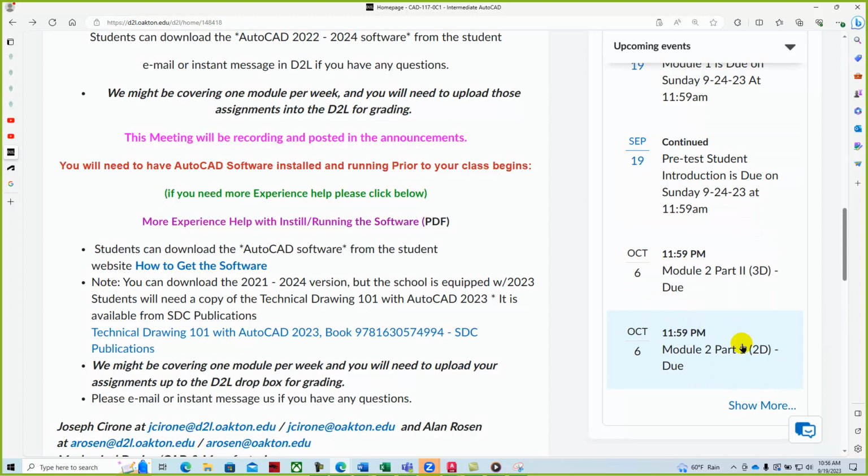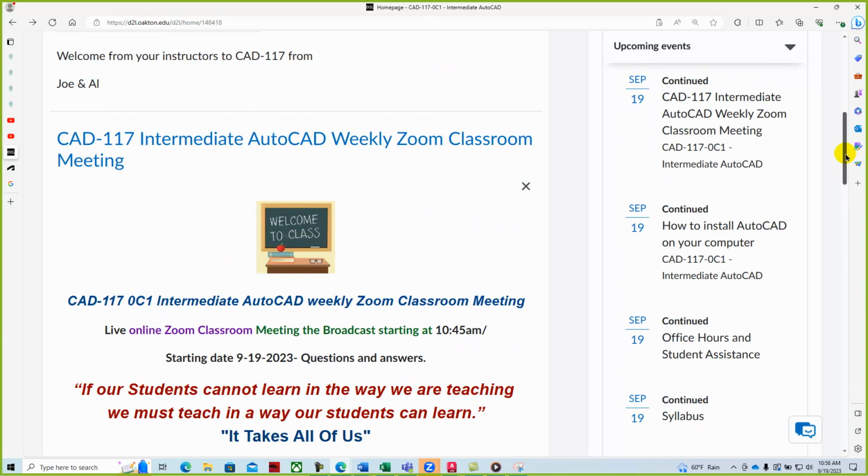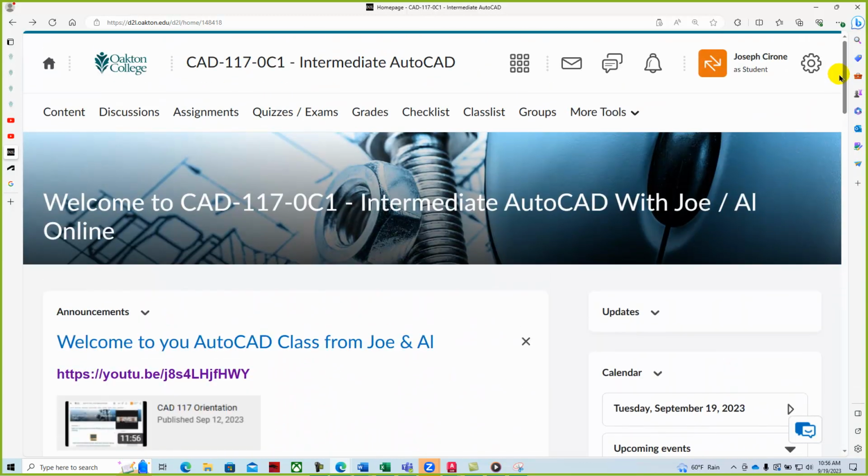And then the other announcements you'll see here as you look at the calendar. The course is organized with content, discussion, assignments, quizzes, and some of these other tools, as you can see here. We're going to start off in the content area. And so if we go to content,